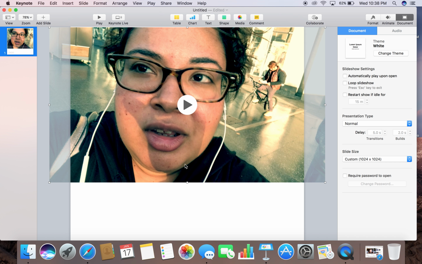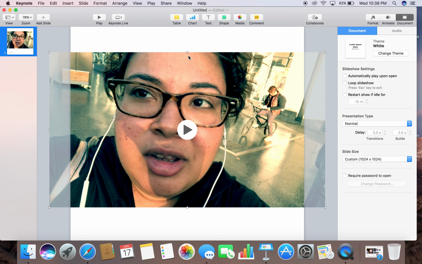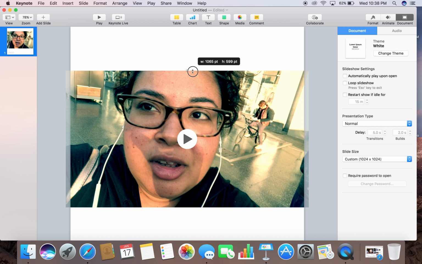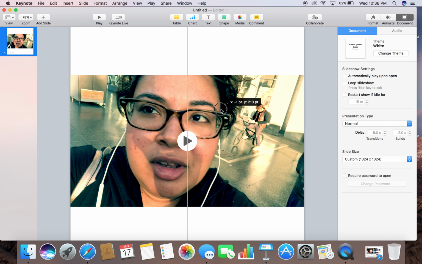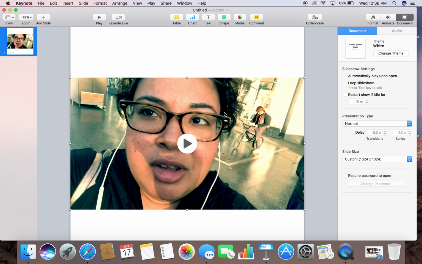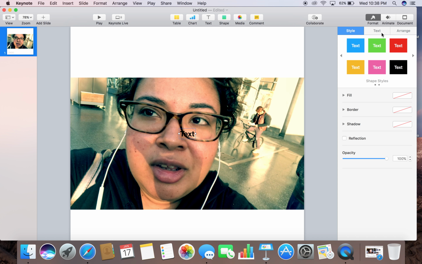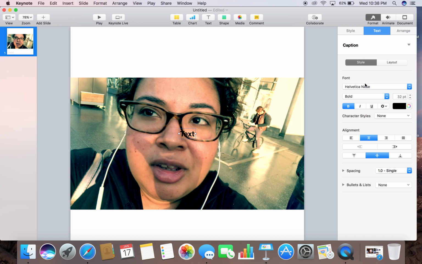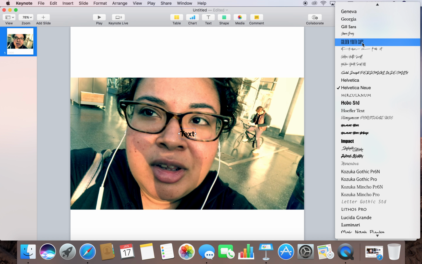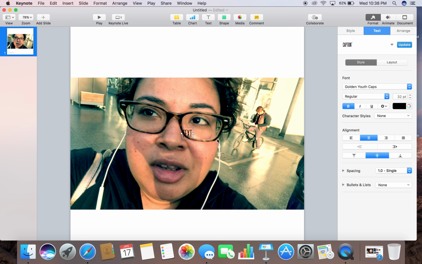I don't really prefer this option, but if you properly prepare your video, that can happen. Like I said, not a fan, so I'm going to put that back down to proper size, and it aligns perfectly, as you can see. It's probably better that way. Okay, cool. Then if you want to add text, you just click the text tool and go back to format, click text, and I use Golden Youth caps, and so I'm going to put in there